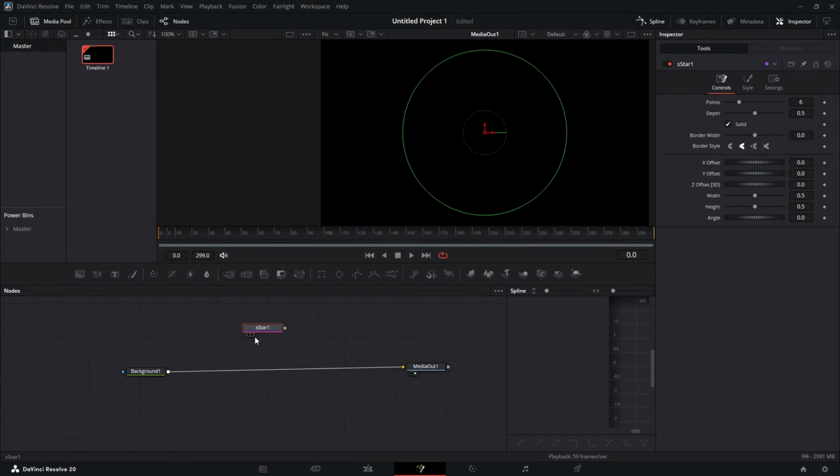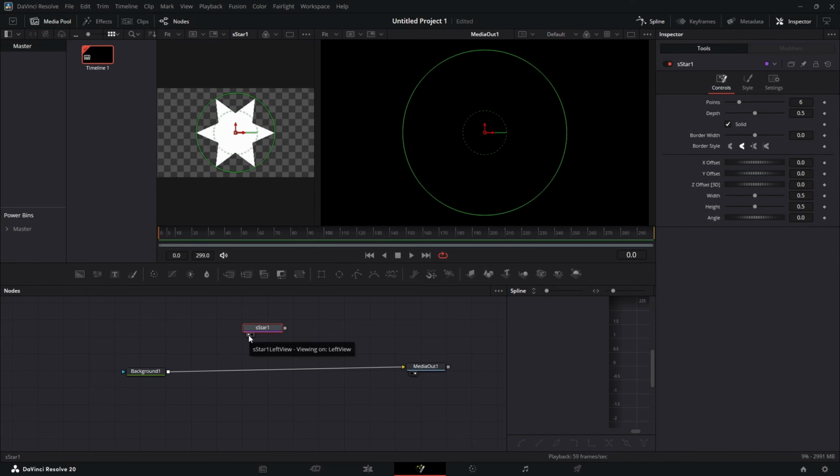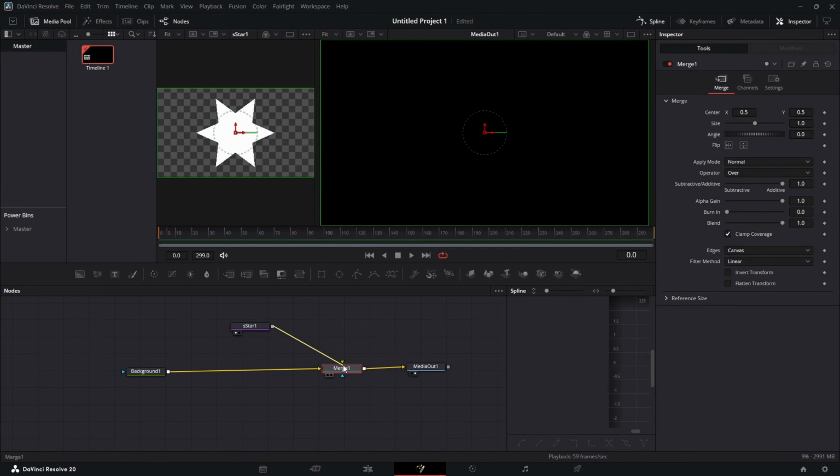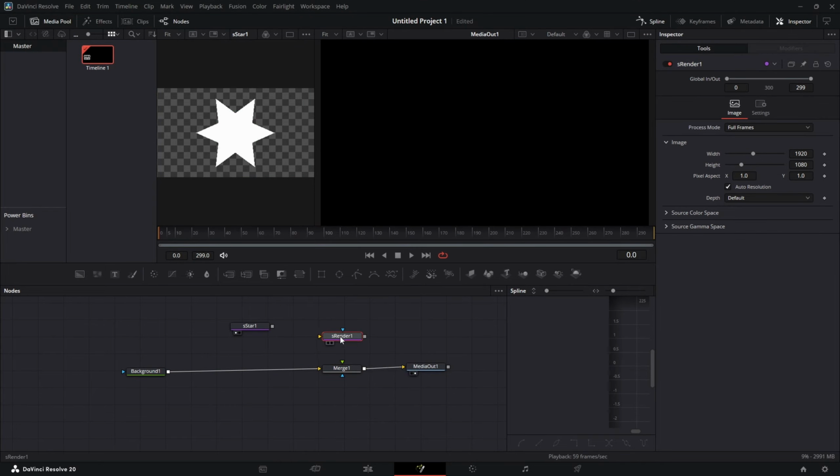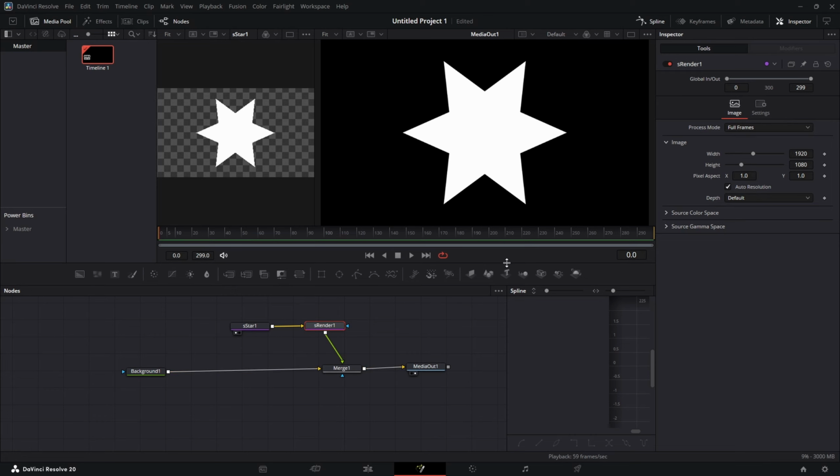Not going to see anything because shapes are like vector shapes. They are not, I mean, obviously they are pixel data, but at that point they are not pixels yet, because they're mathematically described shapes and curves and lines. And you cannot connect the shape directly into the merge. You need to render it first with a shape renderer, and add that here, put it into the merge node, and now we can